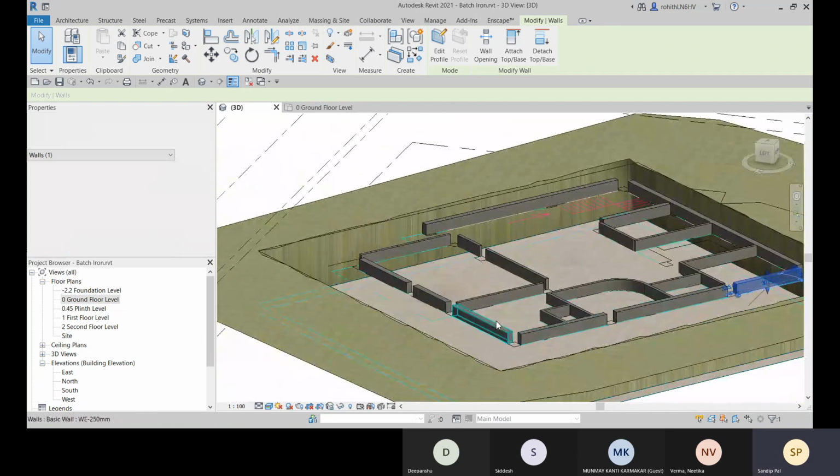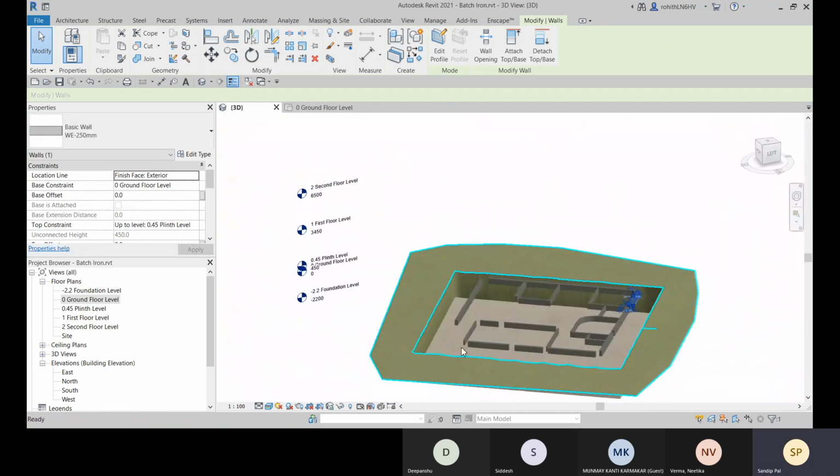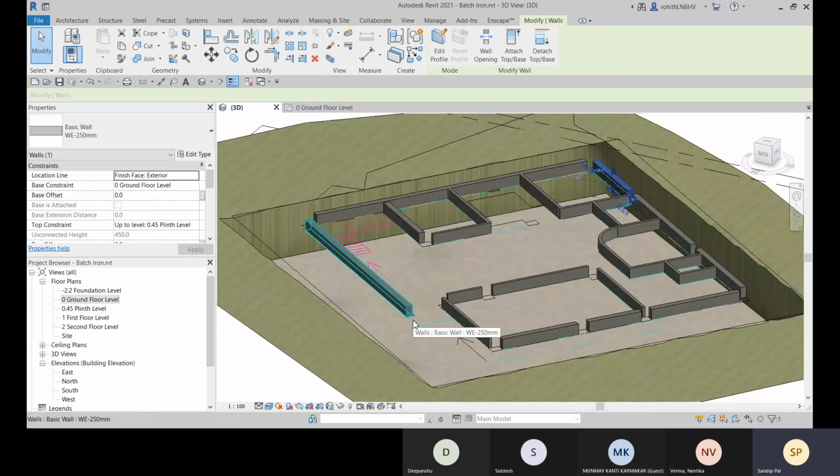After the plinth level, you need to place your floor. Okay, so before going to the floor option, let me describe all the wall types. We have generic wall that comes under the basic category. We have three main categories of wall: basic wall, curtain wall, and stacked wall.